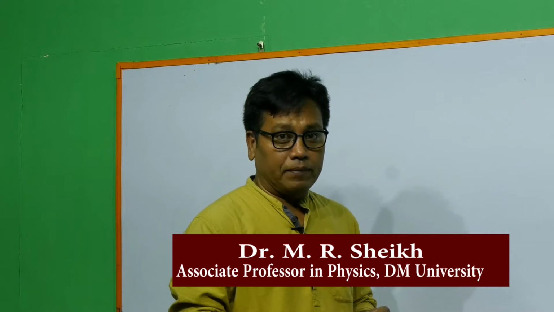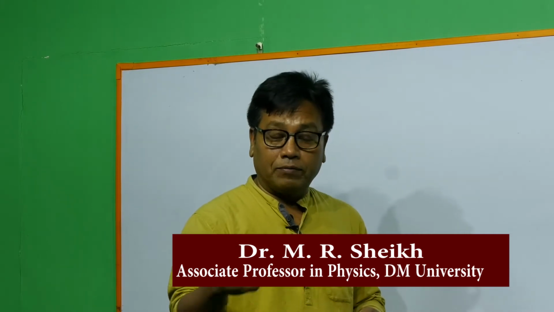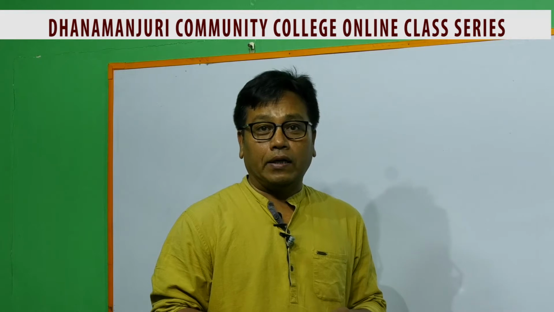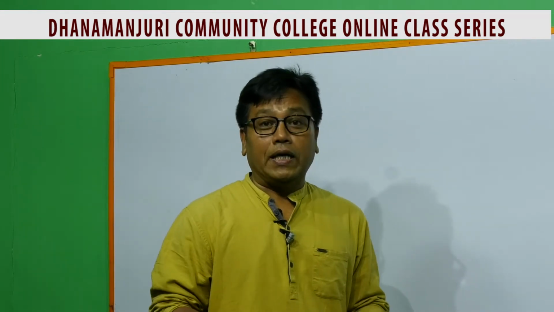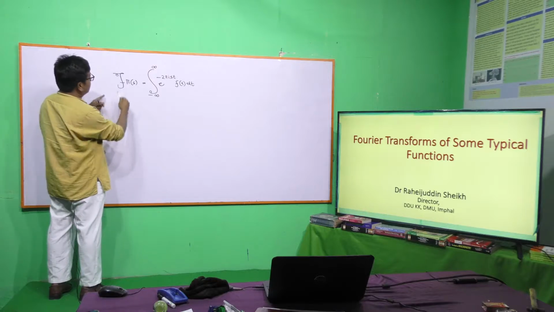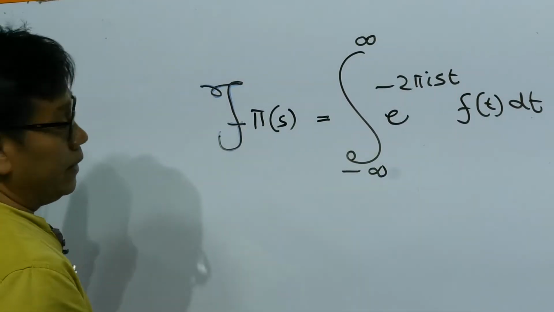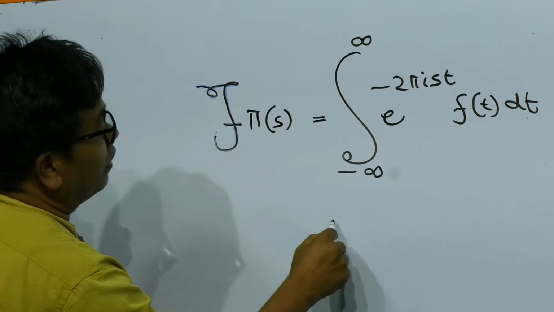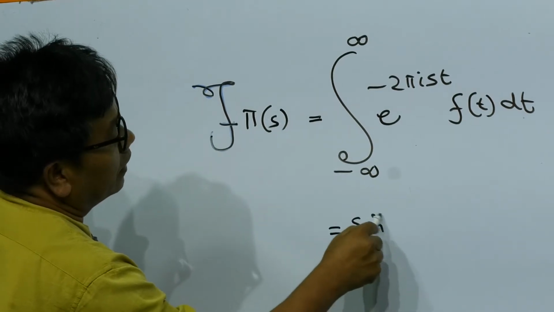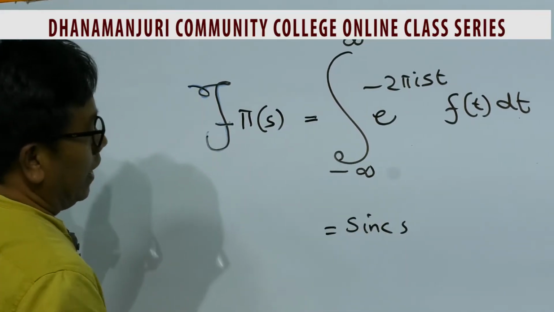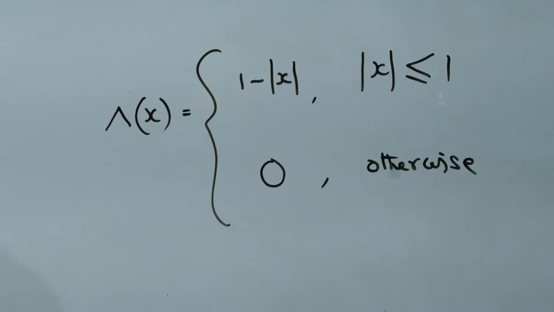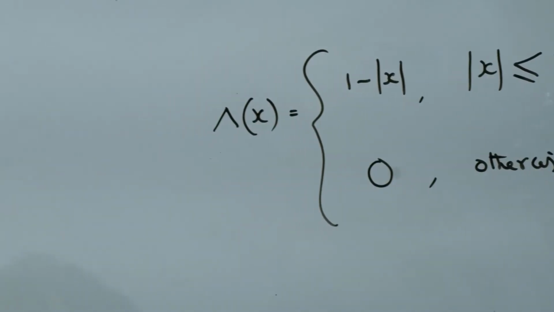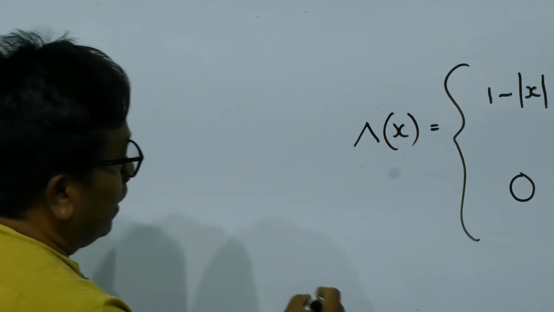Previously we have discussed the Fourier transform of the rectangular function, or the rect function, and we have also seen that the Fourier transform of a rect function is a sinc function. I am just repeating. This is the general definition of the Fourier transform, and it was found to be sinc of S. This was the typical triangle function, and the Fourier transform of this triangle function was found